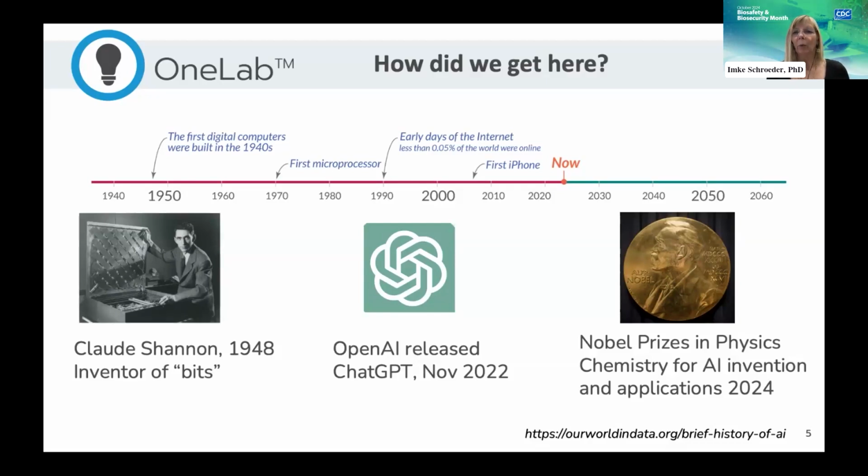Nobel Prizes were awarded in physics this year for the discovery in machine learning that paved the way for the AI boom, and also in chemistry for the application of AI for protein structure prediction and design of new proteins. Some call this time the artificial intelligence era, as it transforms our lives similarly to how the Industrial Revolution changed how we live. But potentially it has also negative impacts, especially if it's not regulated.